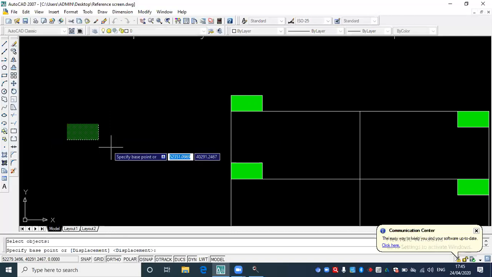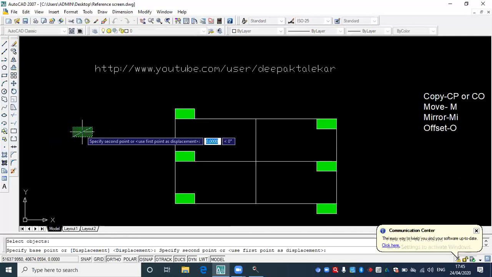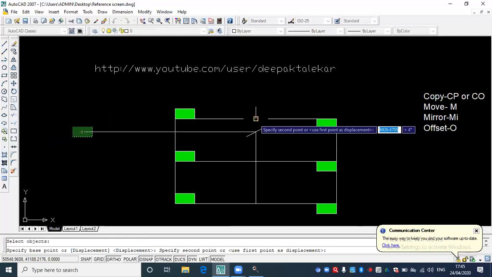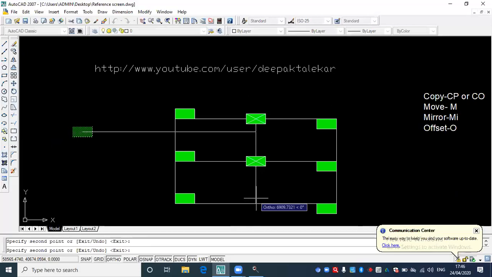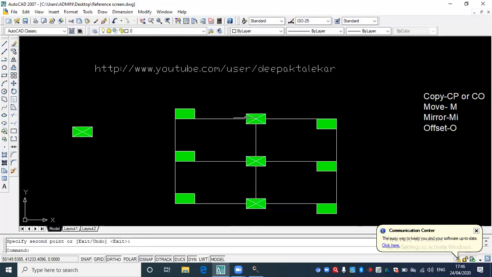Now the base point is the center point, and my displacement point is this junction. 1, 2 and 3, 4. Now I don't require these 2 lines. These unwanted lines can be deleted. Right, over. This is how you copy the object.